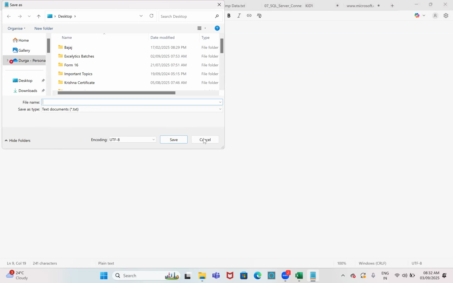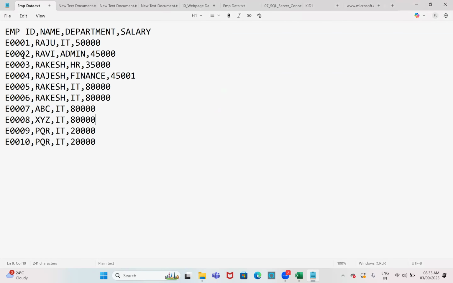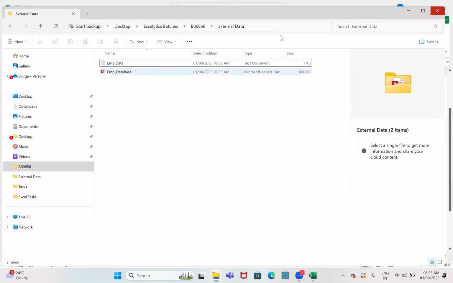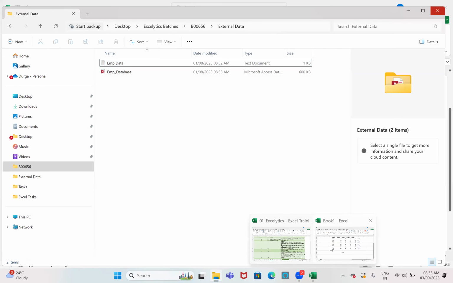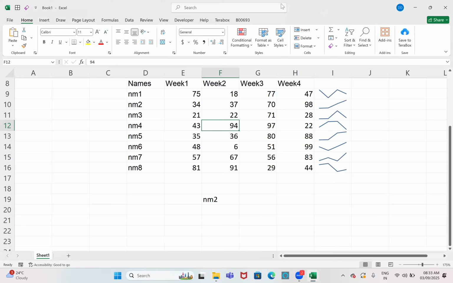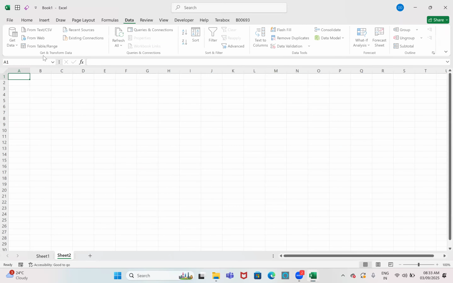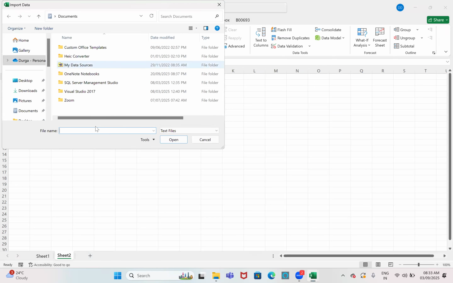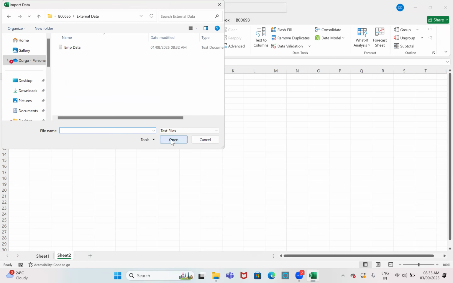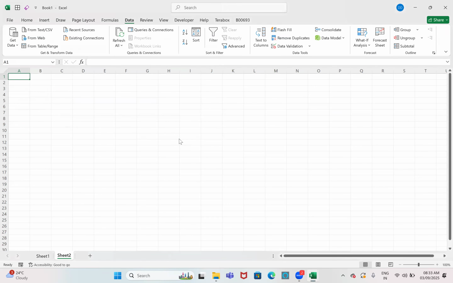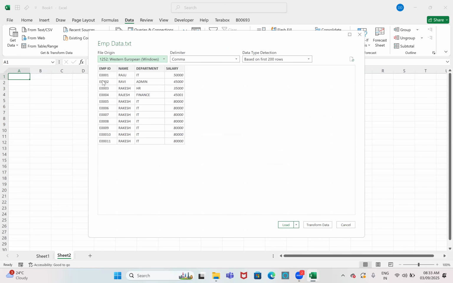So this is already saved. Go to Data, Get Data from text or CSV file. I'll give this location. This is the file. Select it, import. Here we have employee ID, employee name, department and salary, right?